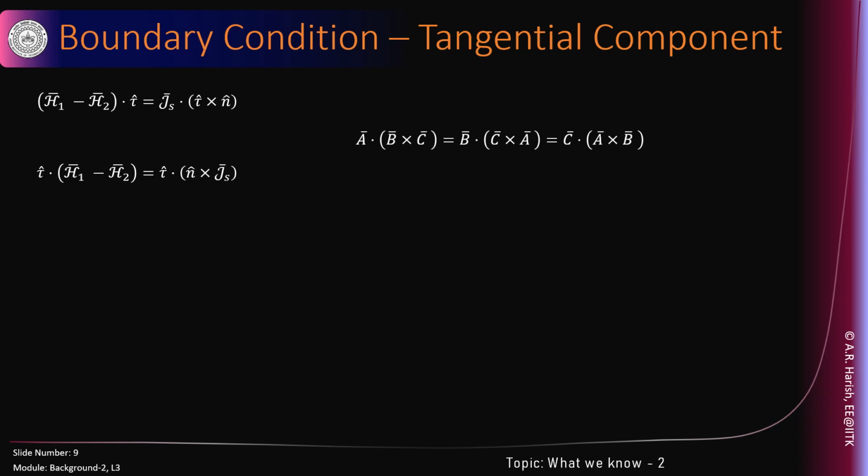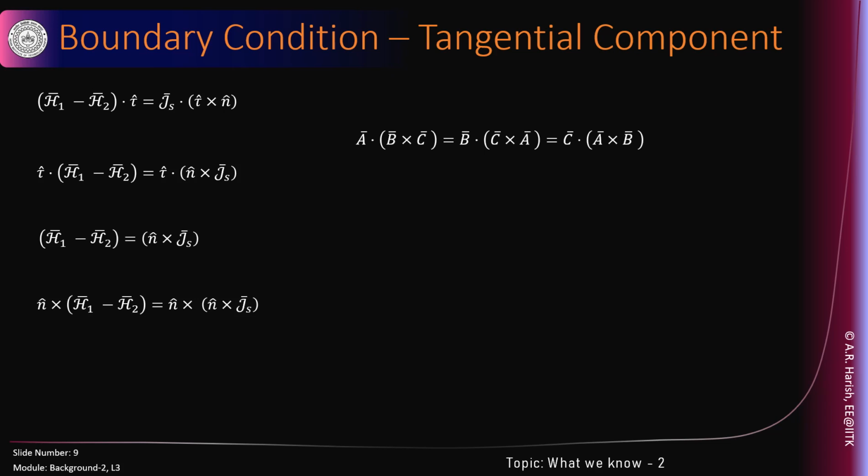That comes from using the first and second part of the identity. Now what do we do next? Since tau cap is an arbitrary vector, we are going to take it off and write the next result, which is in general applicable on the surface.